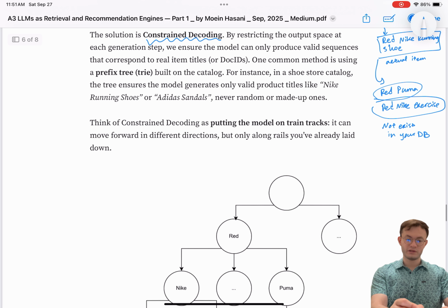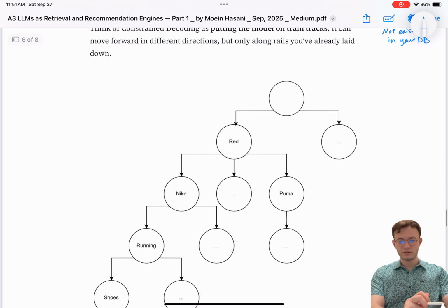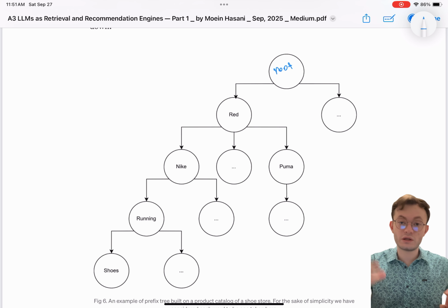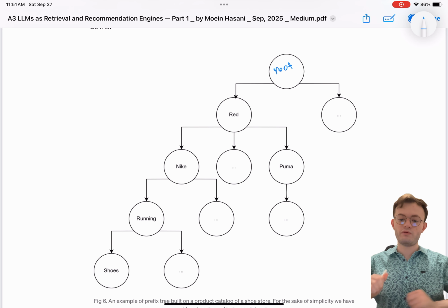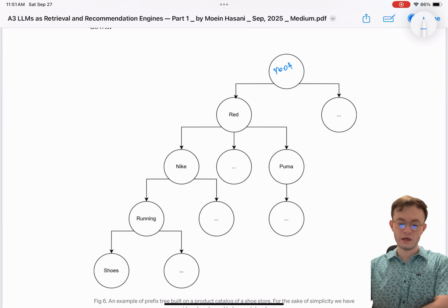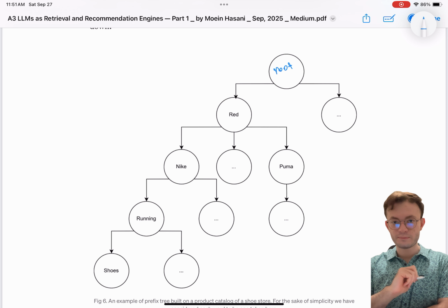And we define a prefix tree, also called a trie. There's a picture of it here. This is your root node, where the LLM first starts generating something. So given the user profile, the LLM decides that the next item I should show this user should be red Nike running shoes, right?